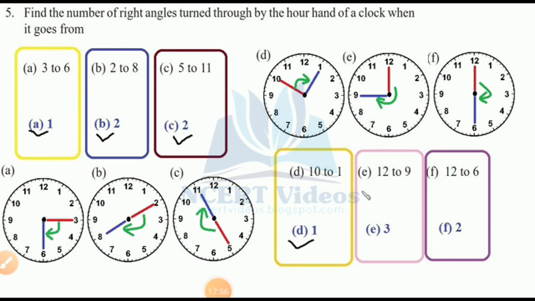Yes. Look at here. E. 12 to 9. Moving direction is given. Arrow is given. That means you have to move in this direction. Clockwise. How many right angles did you find? Yes. 3. Or you can say 1 right angle is left out of 4. That means give it 3. Total 4 are there. Remove one, son. Finally it came to 3. This answer is regarding right angle.